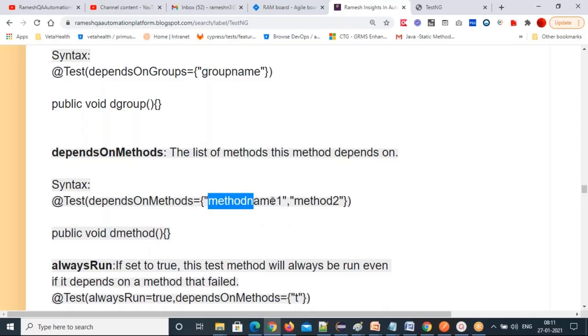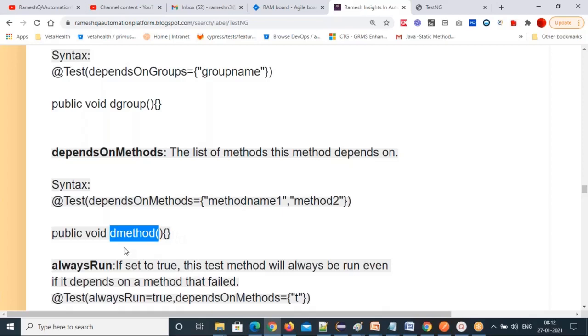This is another test method, and just the method name you are specifying. You created them in the same class, and method name 1 and method name 2 are already created as different test methods. These methods are dependencies for the D method, and you are telling clearly that the D method should run only after running method name 1 and method name 2.